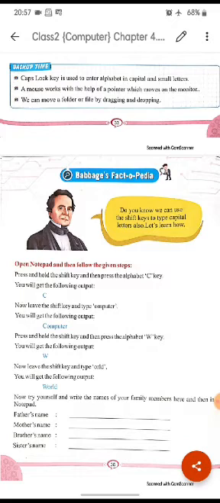Open notepad and then follow the given steps. So for this you have to follow the given steps on the notepad. These steps you can follow practically also if you have a system available with you. So the first step is press